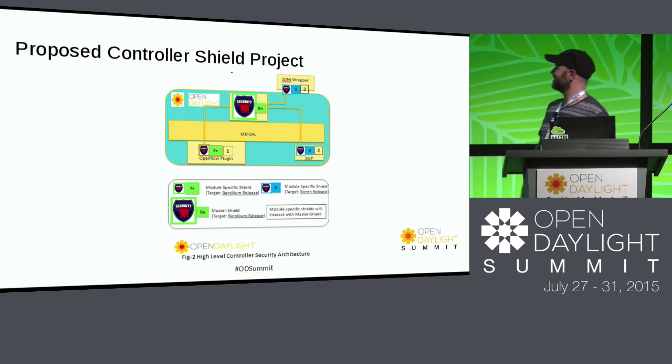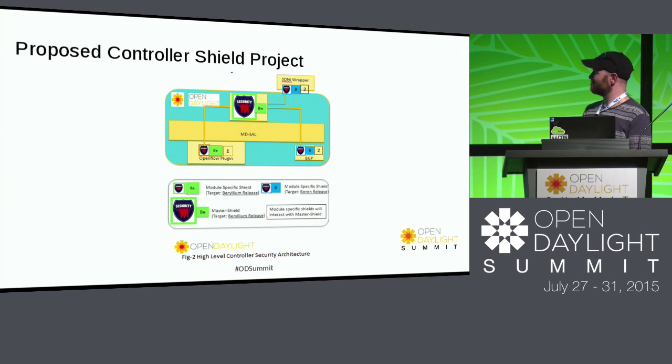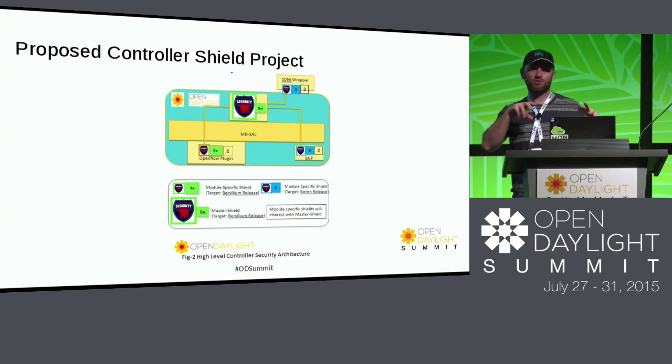So then finally, there's this diagram, and no offense, but it doesn't make any sense to me. If it makes sense to any of you, please let me know. This is a project that's being proposed as part of OpenDaylight called the Controller Shield Project. And yeah, the architecture diagram really doesn't make too much sense to me, but I think where they're going with this is to have some sort of centralized